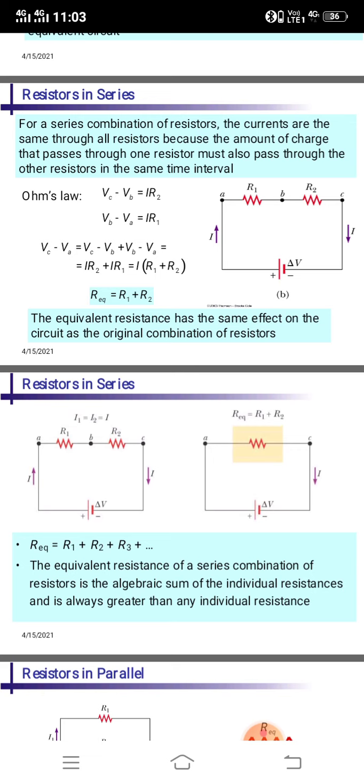It is possible to connect one or more resistors in series, and all the resistors are combined under the name R equivalent. If we take 10 resistors connected in series, we make the mathematical equation R equivalent equal to R1 plus R2 plus R3 up to R10. So it is possible to connect any number of resistors in this resistance series circuit.